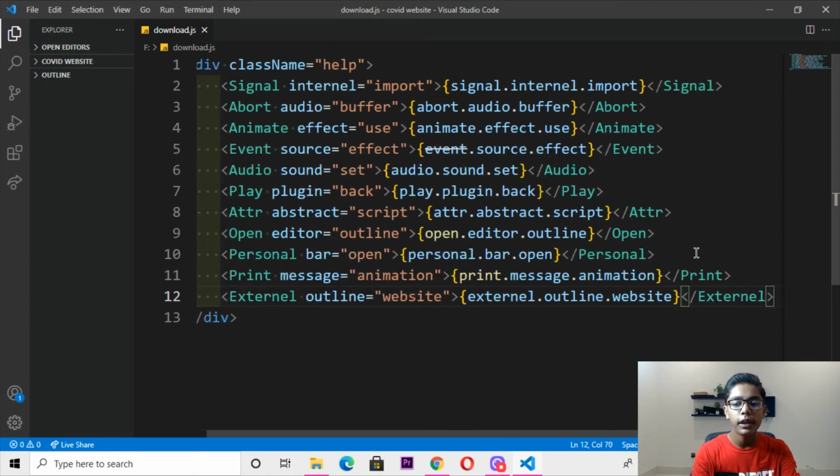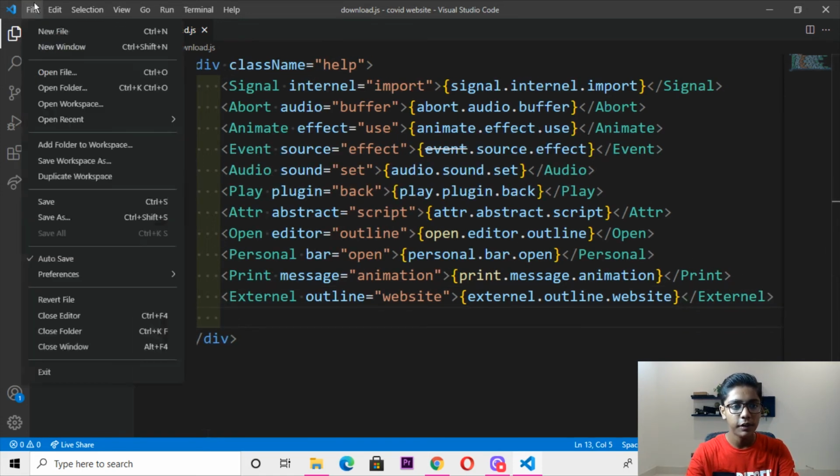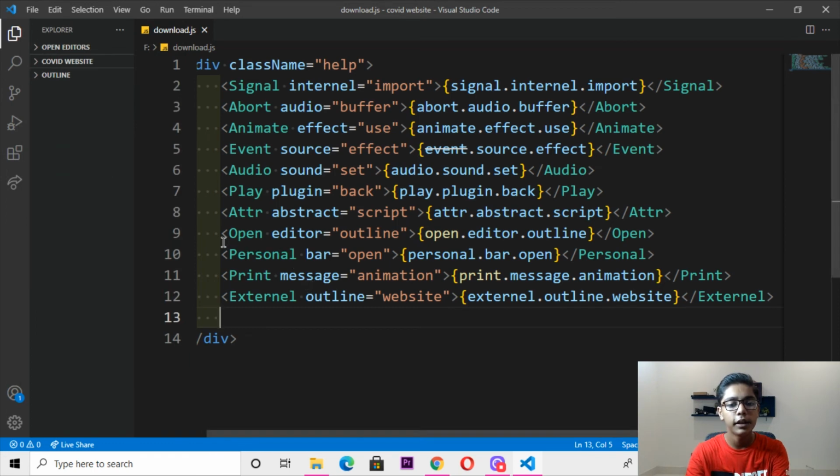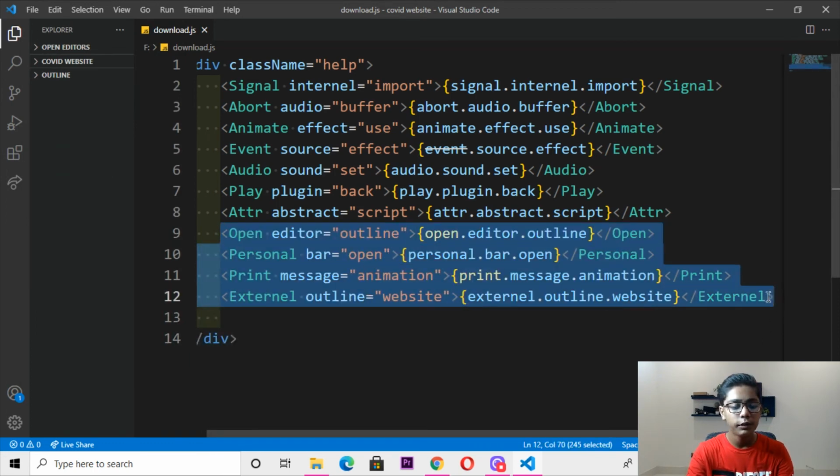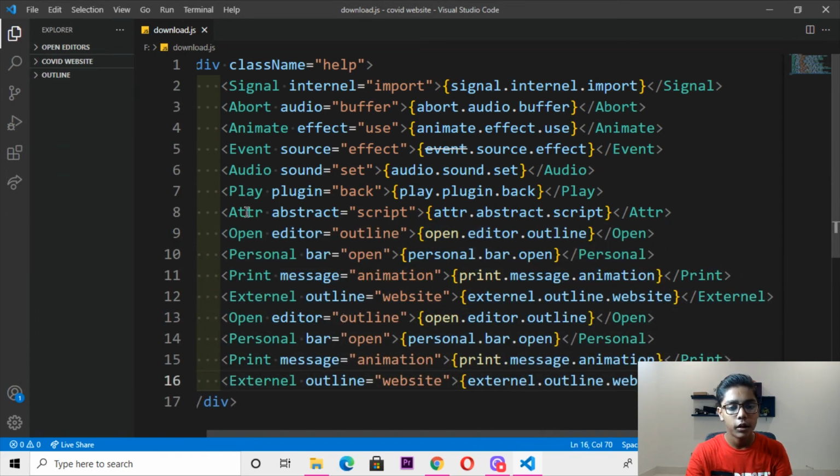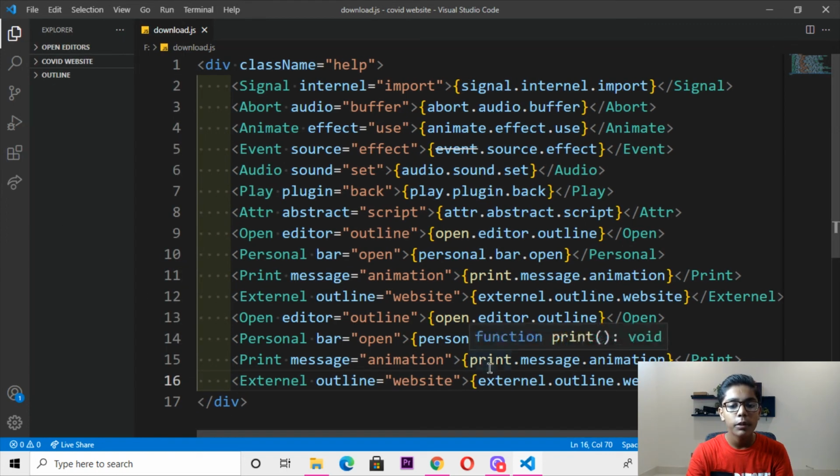Then when you've done with all that, move down, save this file from here, and you have to do one thing, copy these four things which we are getting and paste that down. You can see we have done that. Save this file now. Here I will be moving now to Google